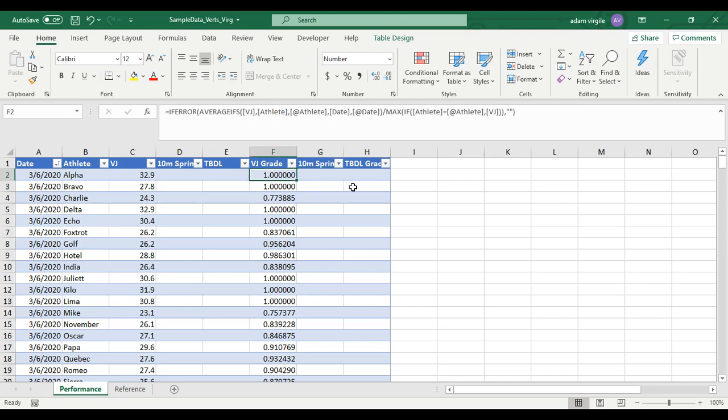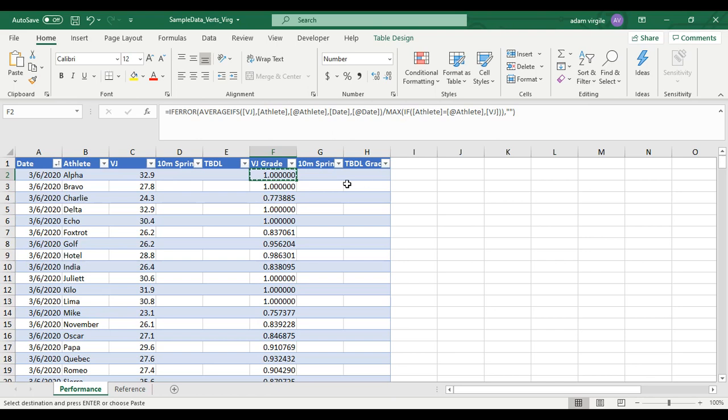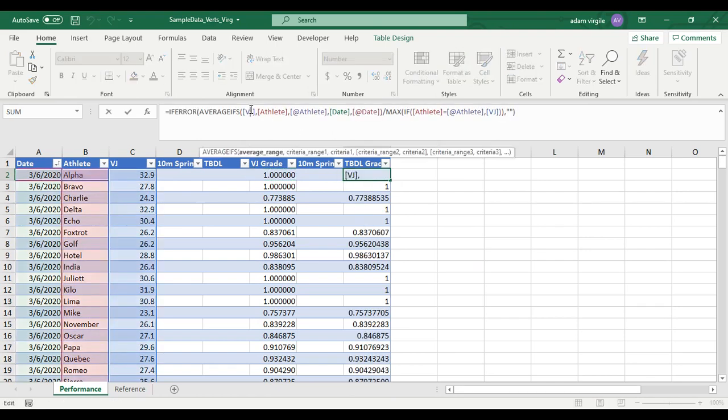In any case, the TBDL grade is easy because for the trap bar deadlift, higher is better, just like the vertical jump. We did this in the last video, so if you haven't seen it, you can do that and get this formula. I'm going to copy this, and paste it in the TBDL grade. I already have the formula working right. The only thing I have to do is change